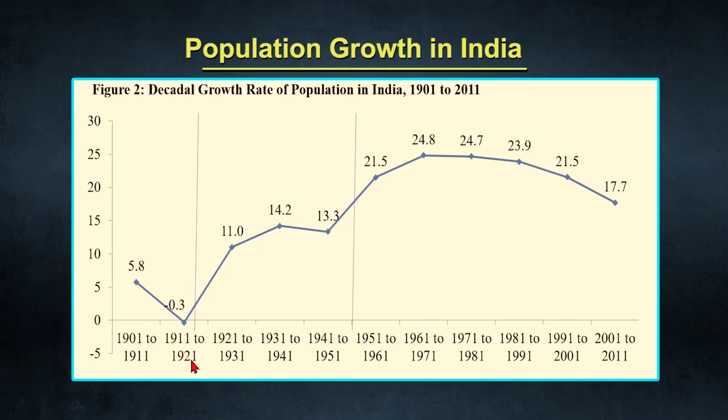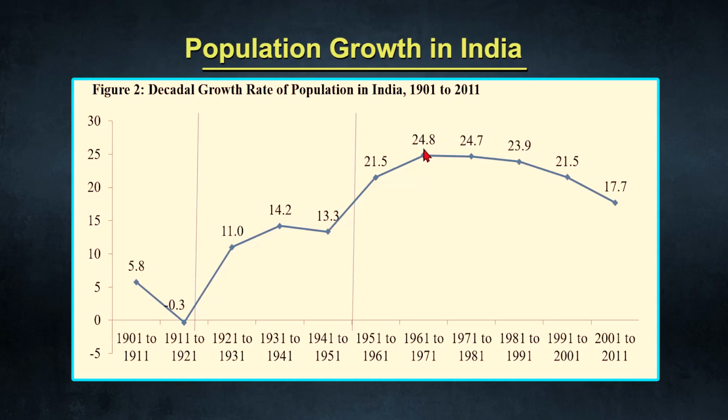0.3. After 1921, India has experienced a relatively high growth rate of population, and the growth rate increased to 11% in the decade 1921 to 31, and it became 30.3% in the decade 1941 to 51. But after 51, the growth rate of population significantly increased in our country, and in the decade 1951 to 61, it reached 21.5%. And after that, in the next decade, 1961 to 1971, the growth rate of population in our country was